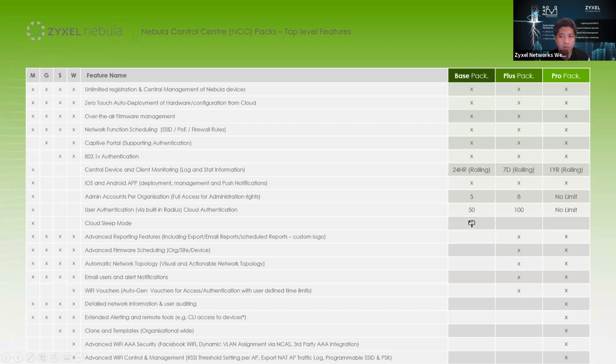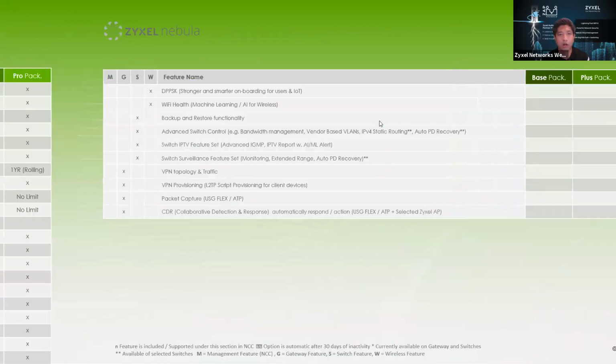If you want to move to the plus pack, it gives you some additional features like advanced reporting, advanced firmware scheduling, email user notifications, and Wi-Fi vouchers for auto-generated public network access on the wireless. But Pro Pack gives you 1 year of rolling logs. There's no limit on the number of admin accounts that you can make. And there's additional authentication, and there are a lot of additional features that come into play, like network cloning, a lot of management functionalities that you would typically need as a managed service provider to get that information, be able to see the network